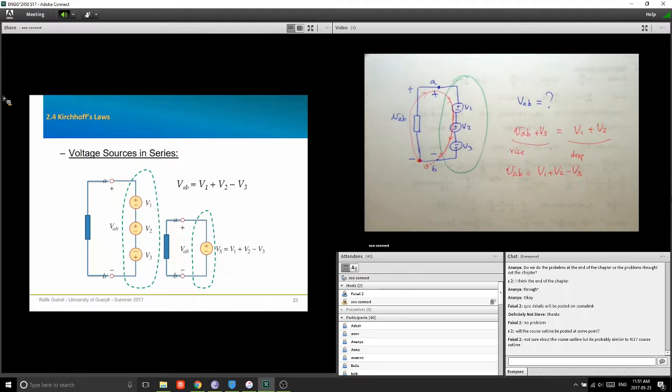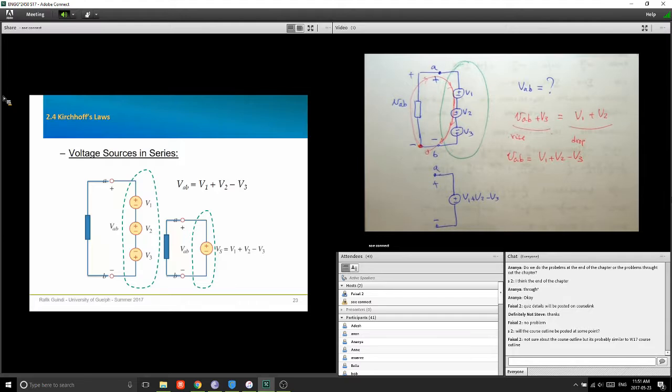Which means if you replace this source by another source equal to V1 plus V2 minus V3, it's going to have the exact same effects between the two nodes A and B as you had with the three sources. And often in circuits, we like to simplify things. So if I have 2, 3,